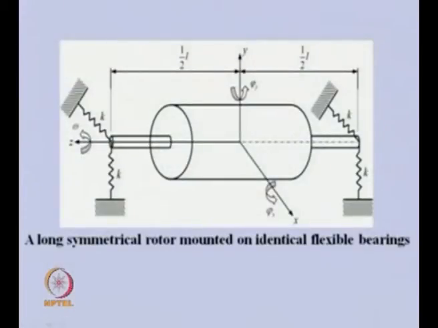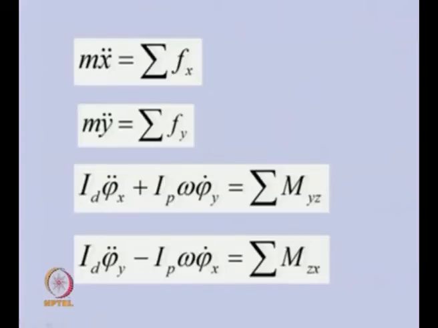So this is the rotor system which is supported by springs in two directions. We have been given the values for this particular case, and especially in this case the coupling between the translatory motion and this tilting motion is not there. So we can analyze the translatory motion and the tilting motion separately without any problem, and based on our experience, now we can write the equation of motion of this system like this.